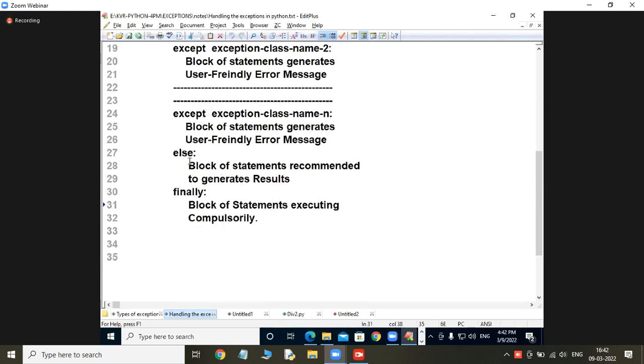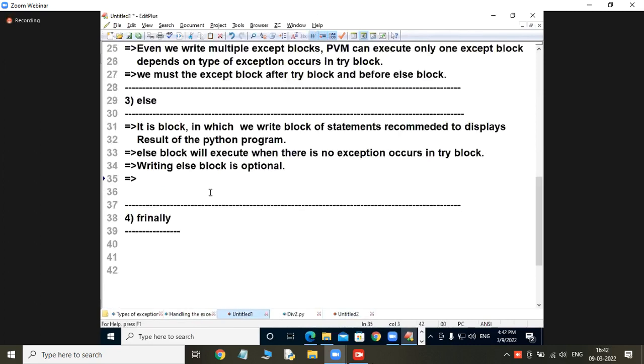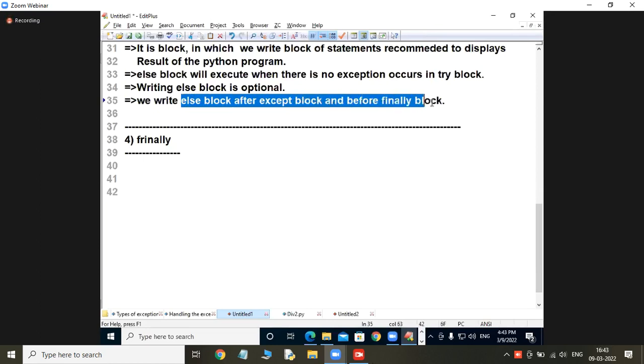If I am writing the finally block, the else block should be written after the except block and before the finally block. We write else block after except block and before finally block.